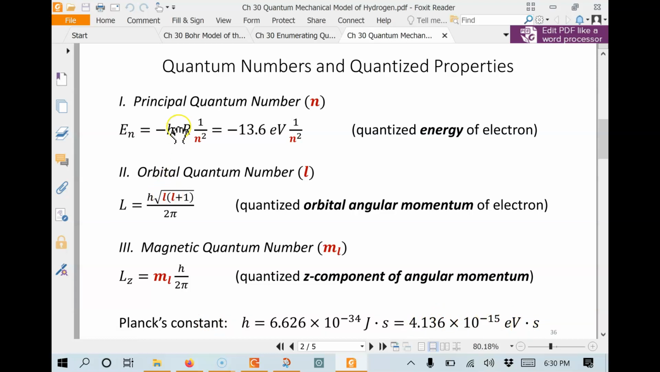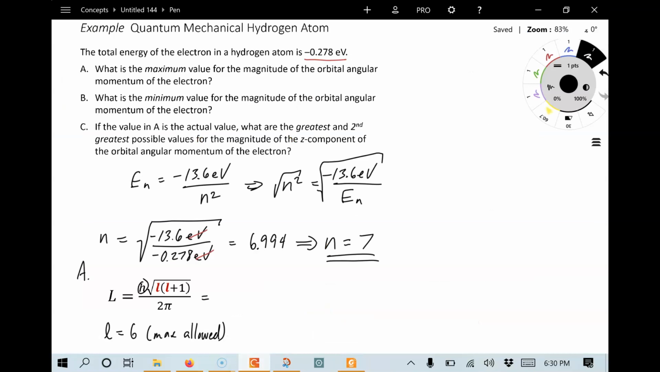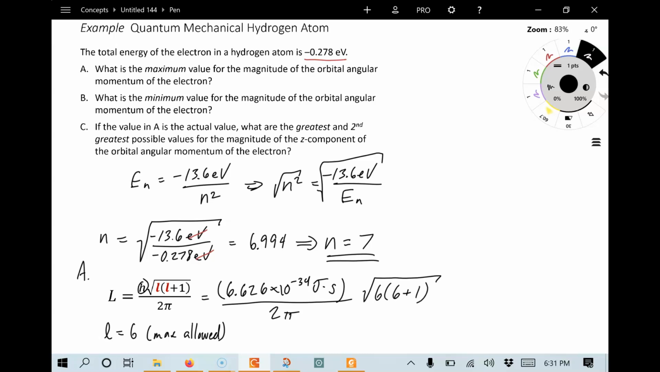But for these ones down here, L, the angular momentum magnitude, and Lz, the z component of angular momentum, we want to use the ordinary joules times seconds, 6.626 times 10 to the minus 34th, to be in SI units. There we go. And the rest we know. Divide that by 2 pi and multiply by the square root of 6 times 6 plus 1. Putting that into the calculator, we get